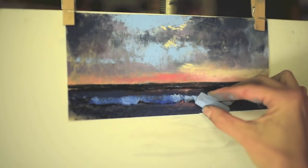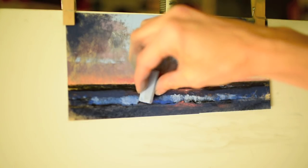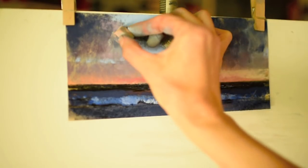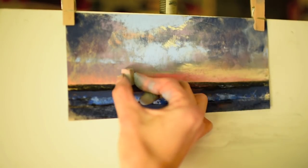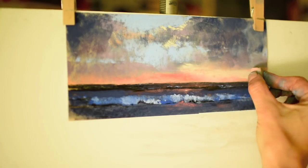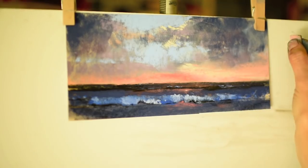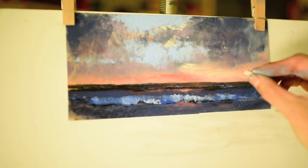Adding very small little marks to indicate the waves crashing and the sea spray that forms. It's hard to do that with this little painting. The bigger the painting, the easier it is because you make bigger marks. But as you know, I love to create small works pieces. I'm continuing to work smaller and smaller with the marks that I'm making,